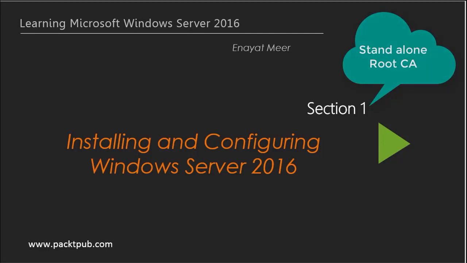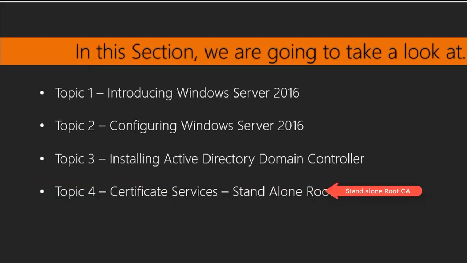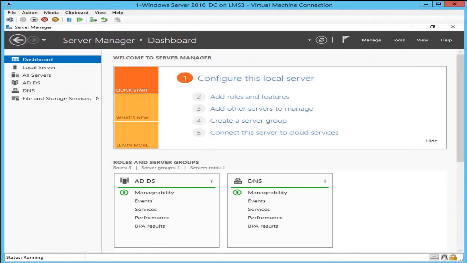We will install a standalone root CA and we will discuss the configuration of Active Directory, playing around with Active Directory in this topic 4. Mostly we will talk about certificate services installation. First we will install a root CA and then we will install a subordinate CA. But before that, let's move on to our